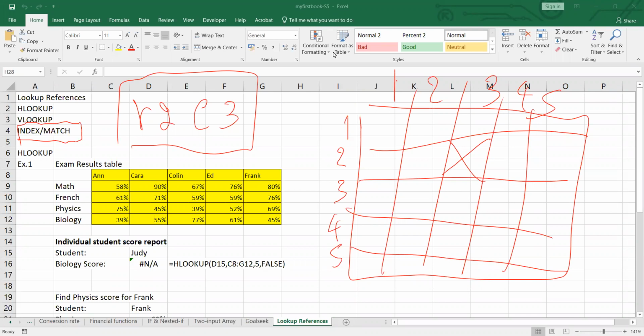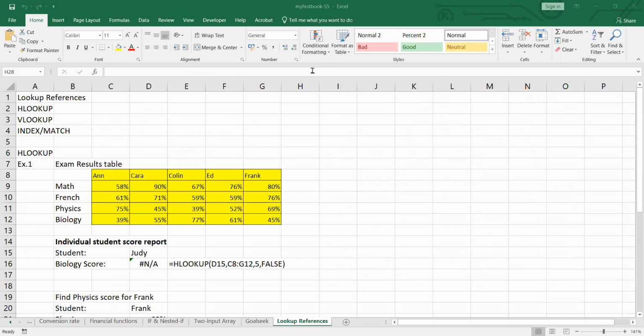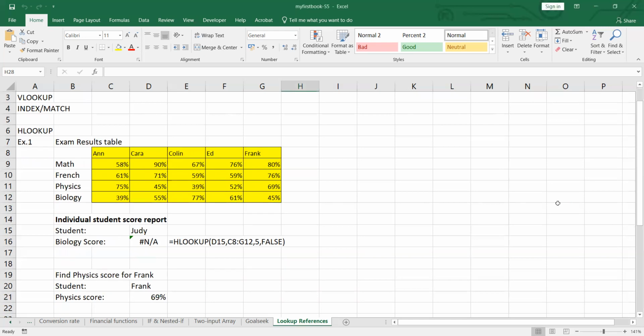Now let me have a short review of the Lookup. How did we use the Lookup? Firstly, you have to make sure that the data in the table that you would like to have has the first row as the data that you would like to match. For example, in here you can see that if you have a look at the yellow table here, the yellow table here is the name